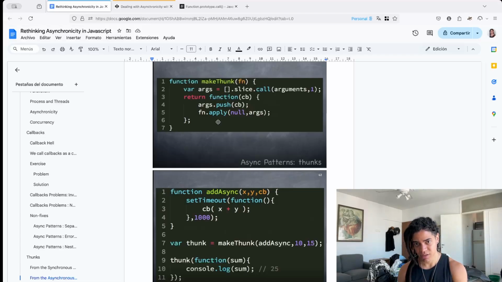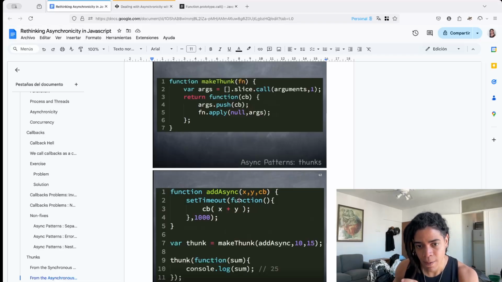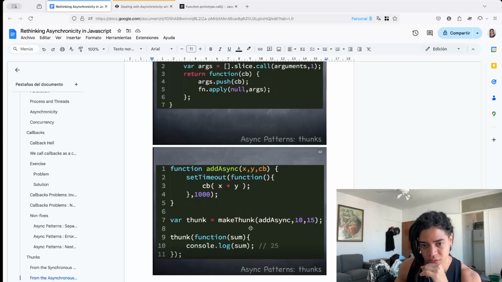So apply is calling this with an array-like. Interesting. So by the time you call this function, this thunk,